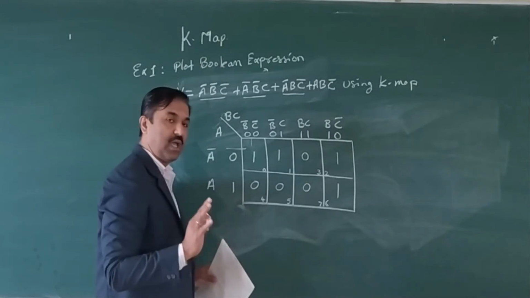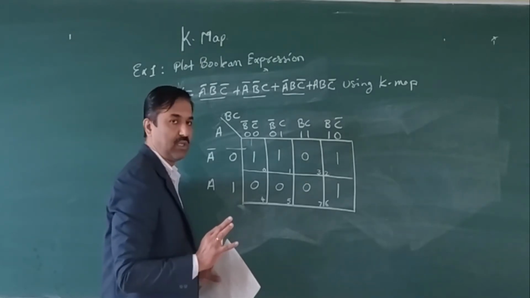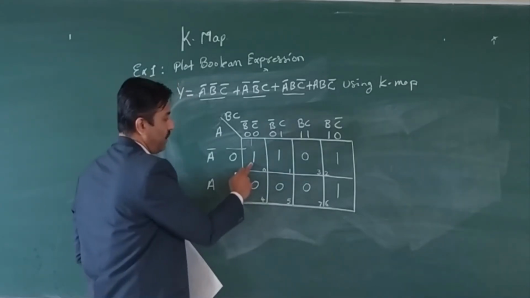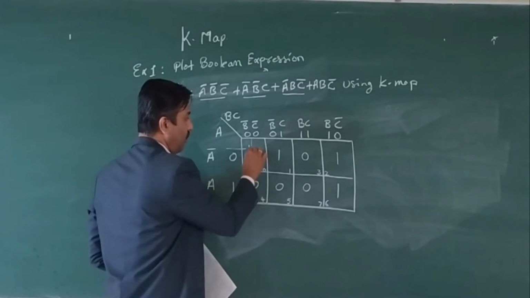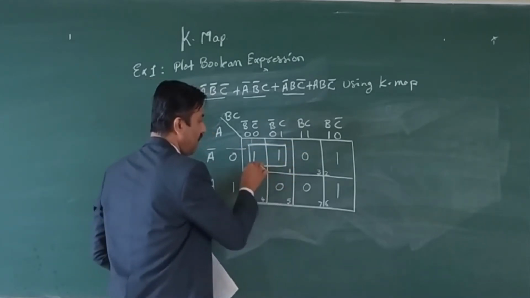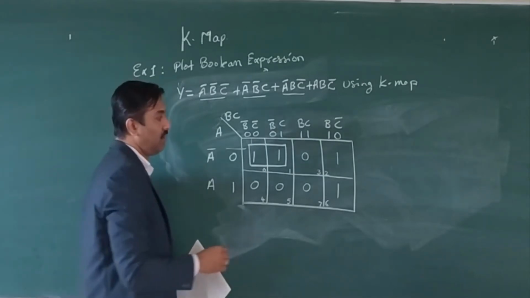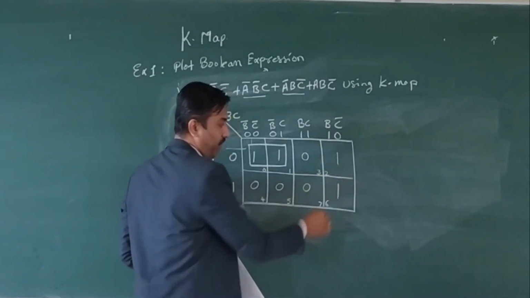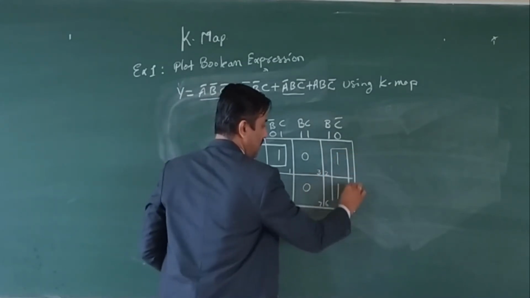So the possibility is having only pairs of 2 ones which are adjacent to each other. Which are those? For this one you can find an adjacent one present here. So I group this. The next, which are those? For this one you can find the adjacent one present here. So what I do is just group this.